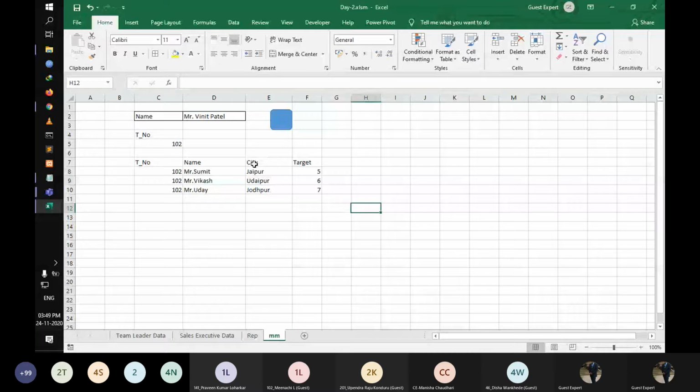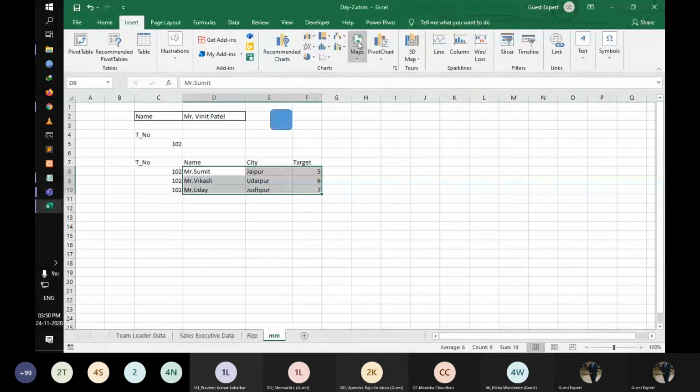So I'm selecting the cities and that data. Insert map, selecting the map.